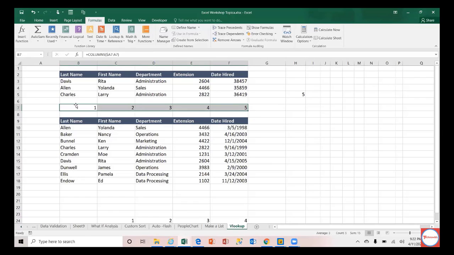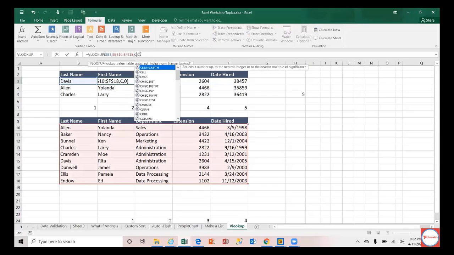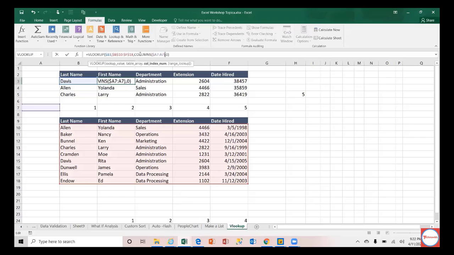Instead of having this here, you can have this in here, and then you are done. That way you can make your VLOOKUP dynamic. VLOOKUP is much more dynamic.